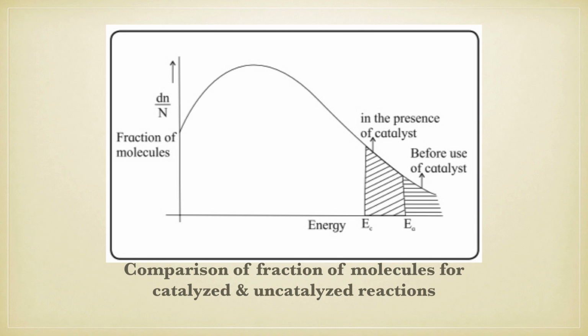So hopefully you understood this. Whenever we use a catalyst, what happens? A greater number of molecules will have that threshold energy, which will help to convert to the product. As a result, the rate of the reaction will be faster. And one more thing, what is threshold energy? It is the minimum energy that the molecule should have so that it will lead to the product. That means it can pass that activation energy.